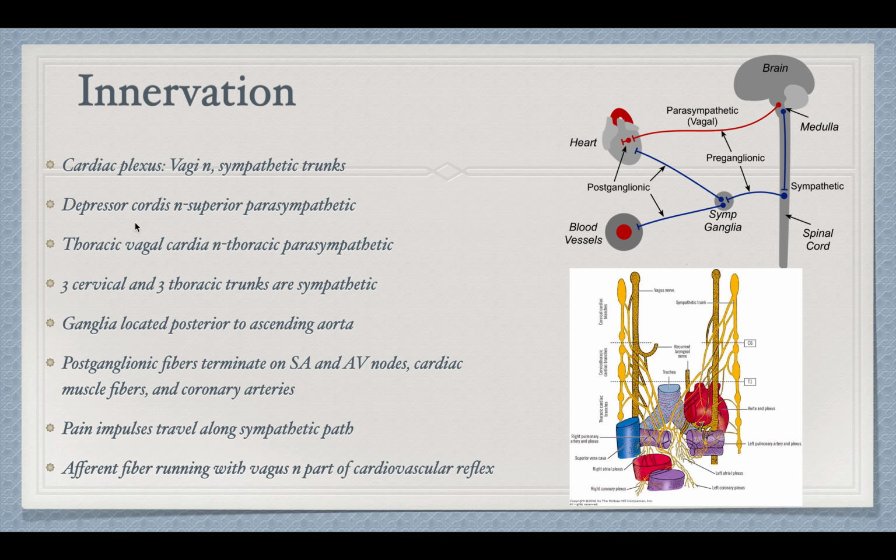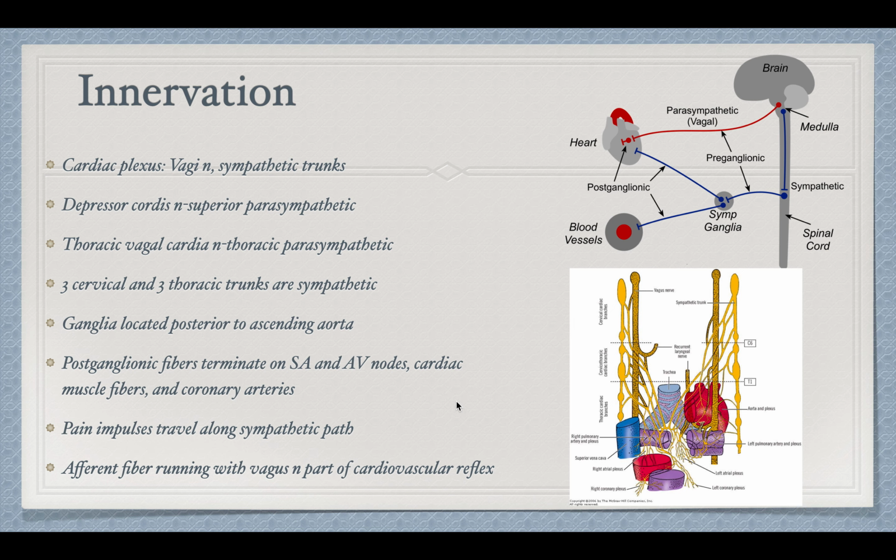So it's innervated by the cardiac plexus, which is composed of the vagus nerve along with the sympathetic trunks. Important to know that the main nerves, the depressor cordis nerve, that's the superior parasympathetic nerve, and the thoracic vagal cardiac nerves are going to be the thoracic parasympathetic nerves. There's trunks, and those are usually sympathetic, and the ganglia is located posteriorly to the ascending aorta. And the postganglionic fibers will terminate on the sinoatrial and atrioventricular nodes, and pain impulses are going to follow the